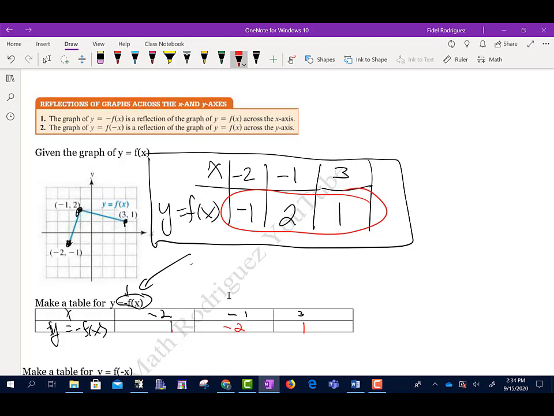So negative 2 and positive 1 would mean go to the left 2 and then go up 1. Negative 1 and negative 2 would mean go to the left 1 and then down 2. And then, let's see, oops, this should have been a negative 1, right? And then positive 3 and negative 1 would have been right here. And if I connect these dots here,